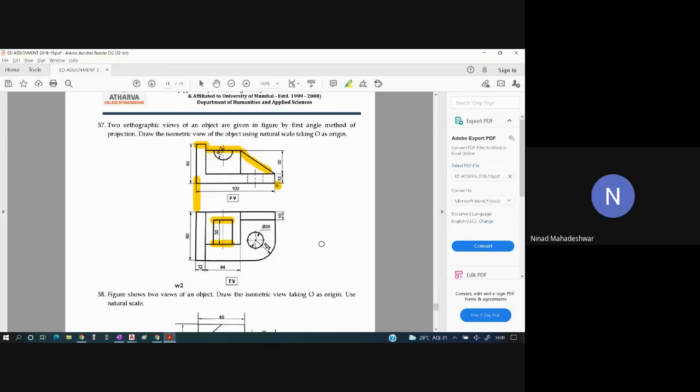If you have any doubt, you can ask me. Now draw the front view. Now it is almost 2 o'clock.